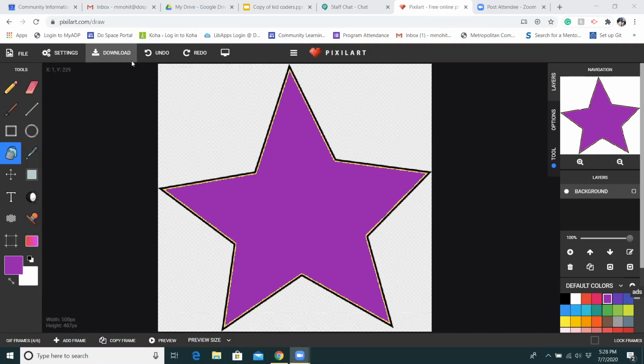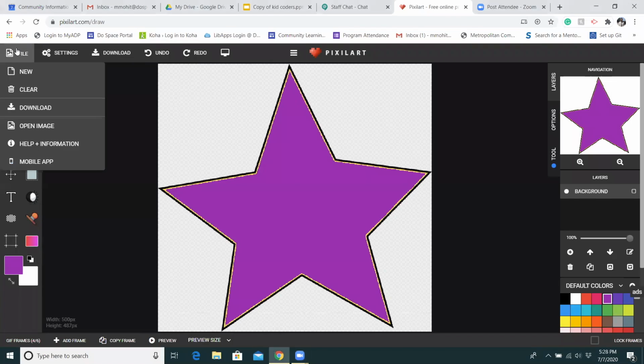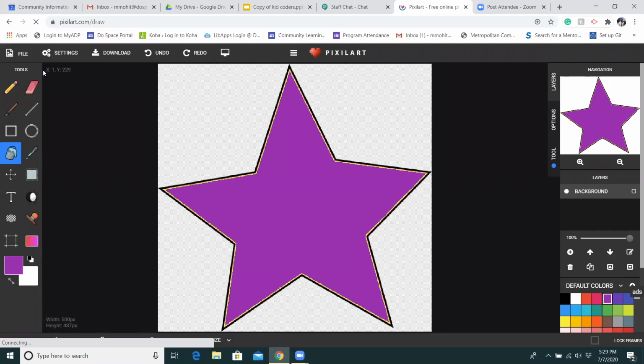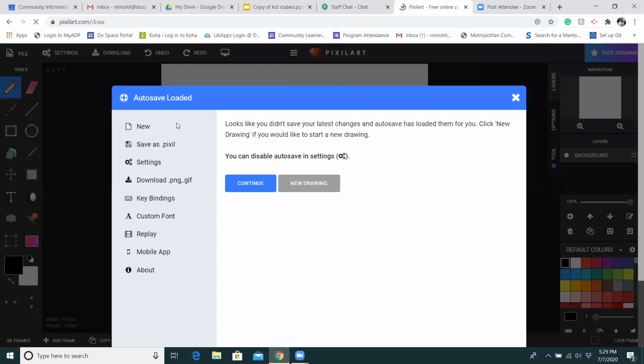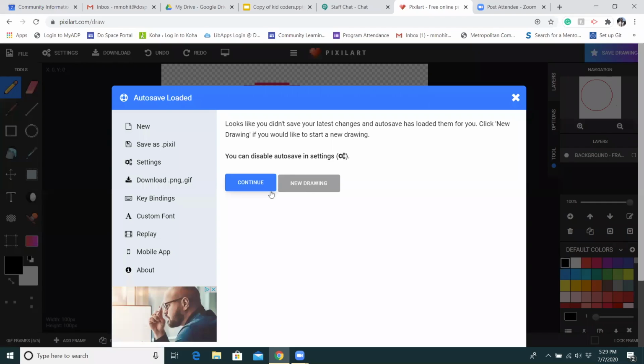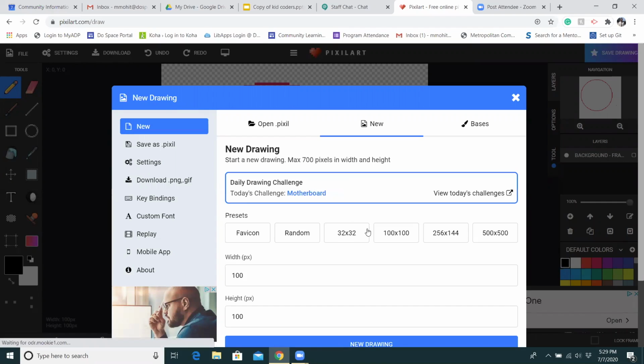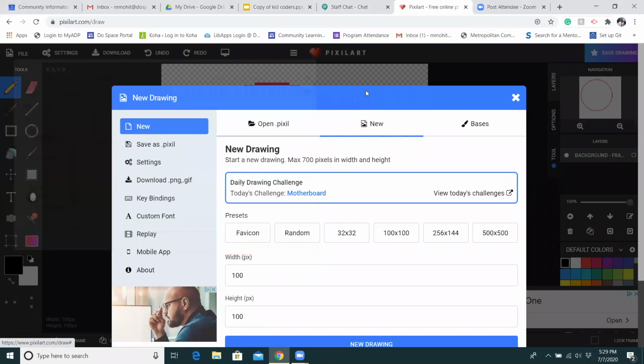So what you can do is go to File here, and then go to New. This is going to ask you a message that you want to do a new drawing, continue. So I'm going to click on new drawing here. This also has a gallery to choose from. So you can choose drawings from different galleries. So if you click on openpixel.com,